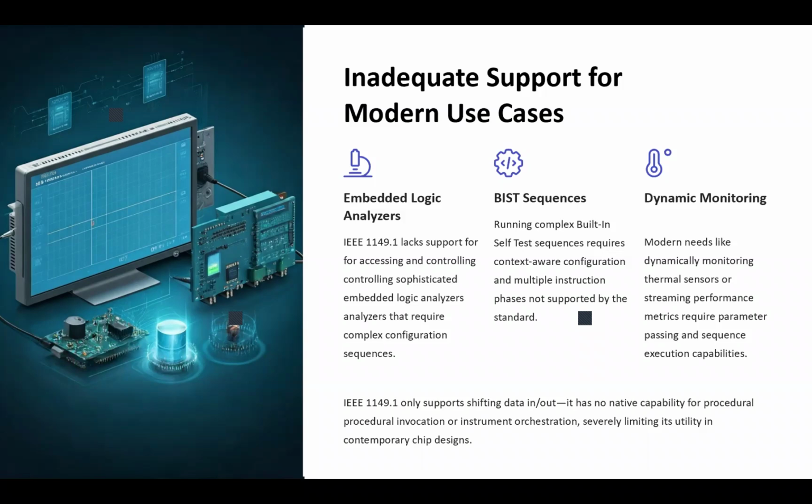These monitoring instruments, like thermal sensors, should be polled regularly to check the chip temperature during operation. So this requires a loop-like behavior, when the chip is asked to read a sensor, apply a threshold, or adjust its behavior, and it happens repeatedly. Now, IEEE 1149.1 only supports shifting data in and out, so it has no native capability for procedural invocation or instrument orchestration